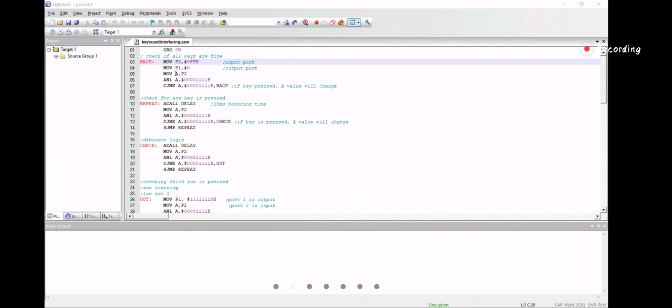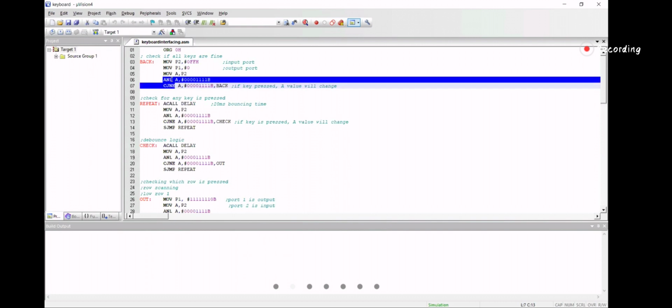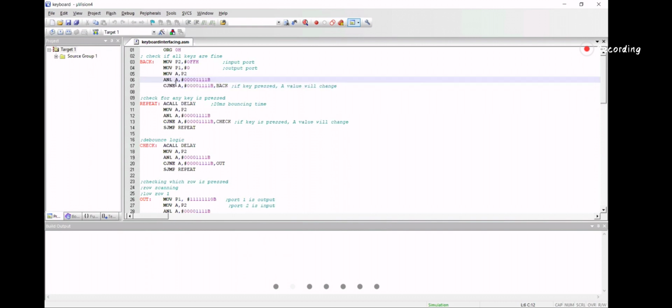Then I will check whether this value has been changed or not by using a simple operation. What is this operation? What is this ANL? AND operation, yes.